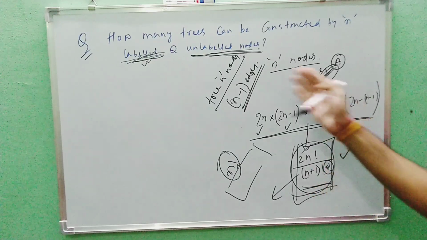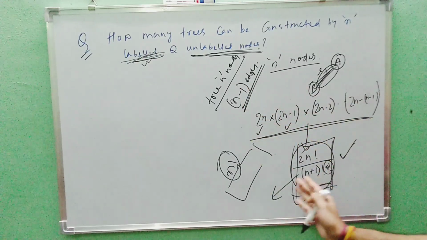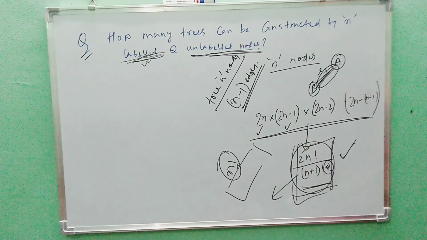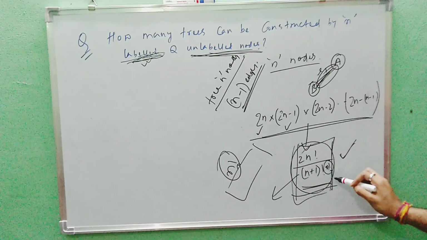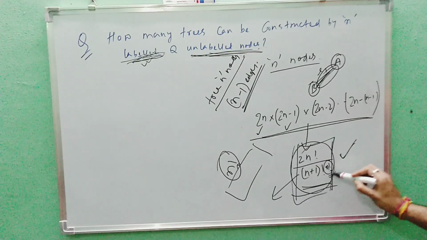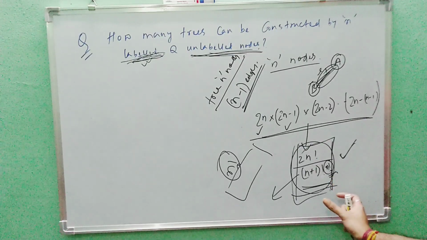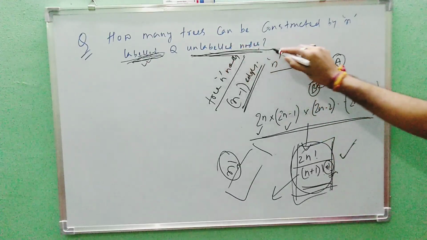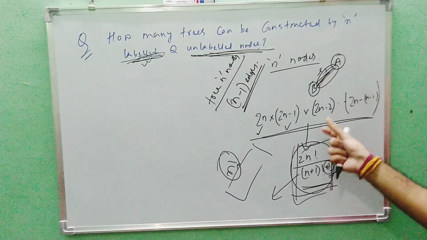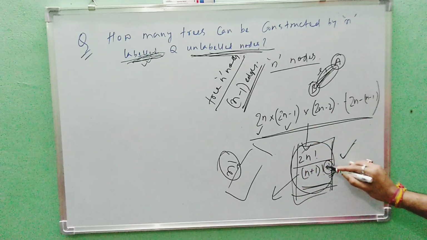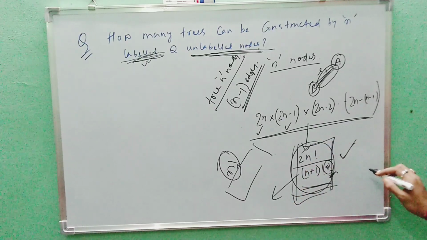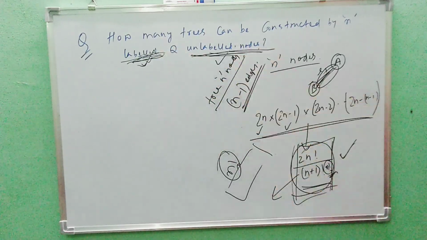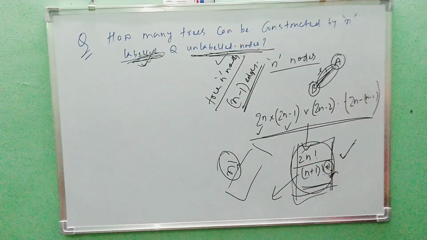As we have explained earlier, you can go back in the video a bit and check it. So we will simply divide it by n factorial. Why divide it by n factorial? Because in each tree we have n factorial permutations included, but for unlabeled nodes we don't need those permutations. We simply want that unique tree. So dividing it by n factorial will give us the unique tree. So in this way we are able to prove it for labeled trees as well as for unlabeled trees, just by using the theory.